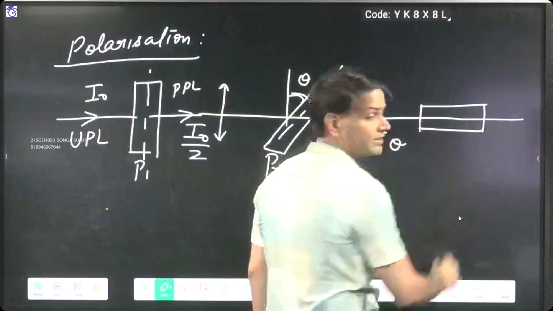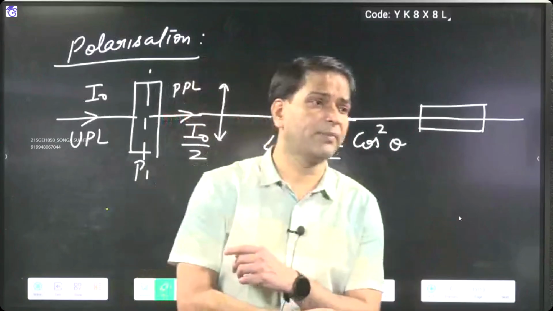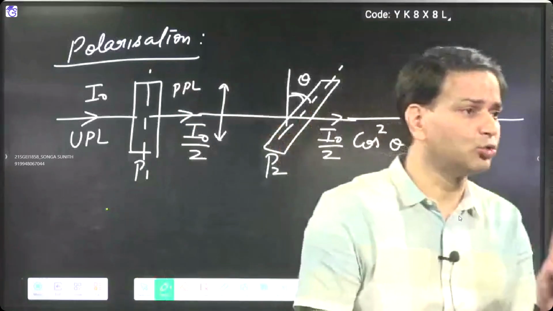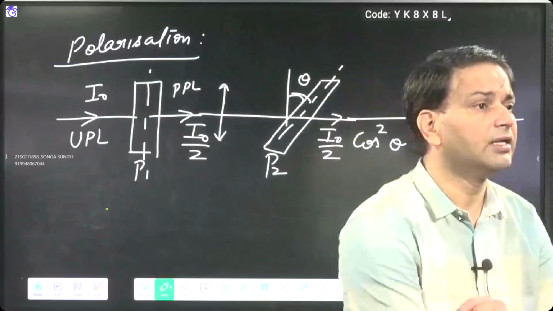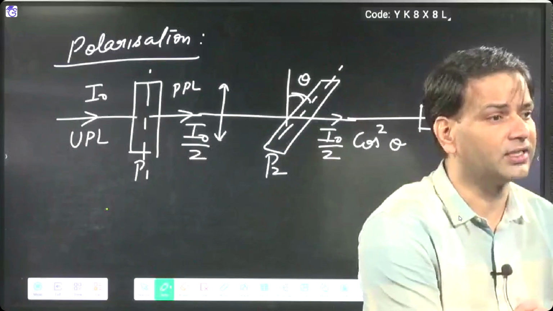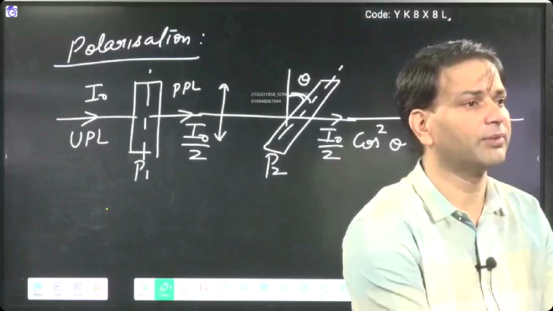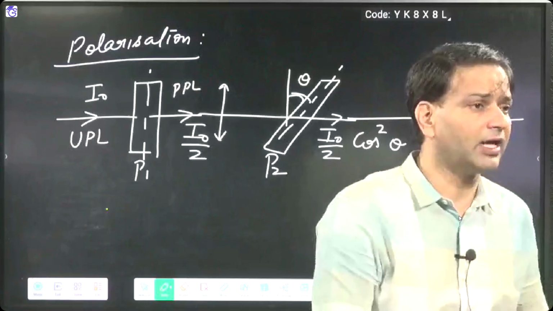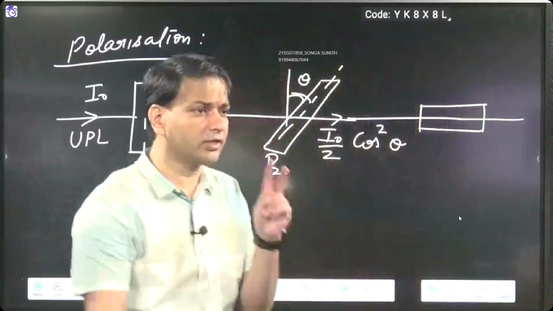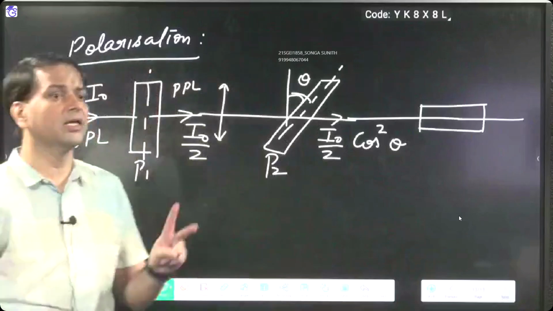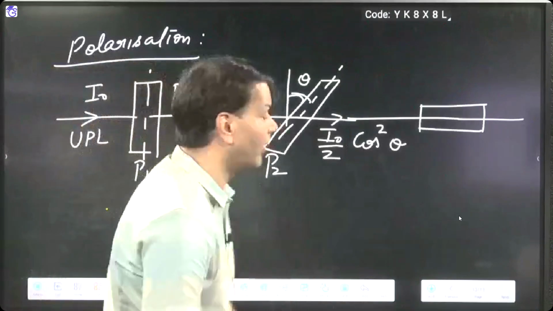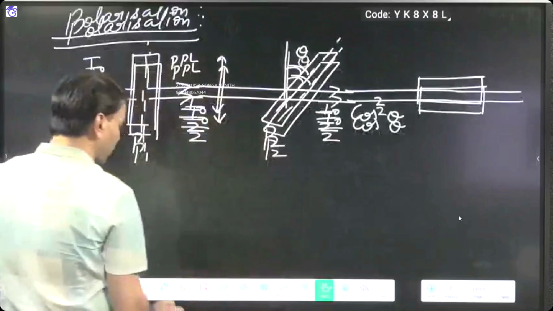Then suppose a third polarizer I keep like this. I already said when the angle between the pass axes of the two polarizers is 90 degrees, they are called crossed each other. What is the meaning of crossed each other? When the angle between the pass axes of the two polarizers is 90 degrees, they are called crossed. Why are they called crossed? Because in that case,